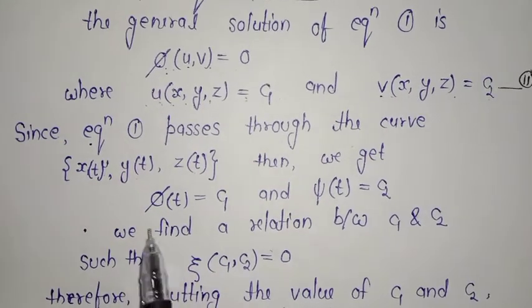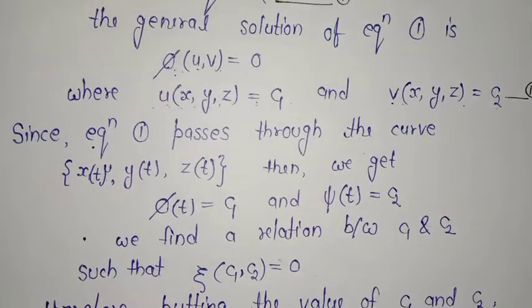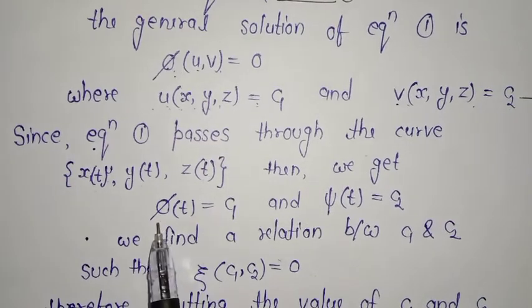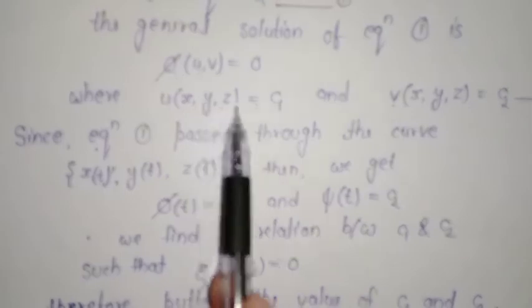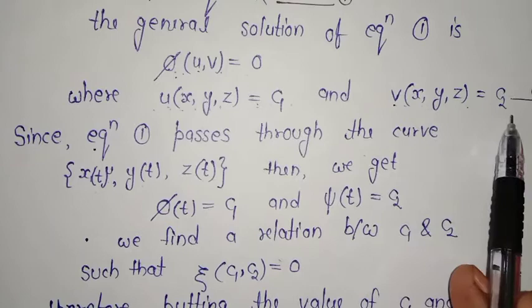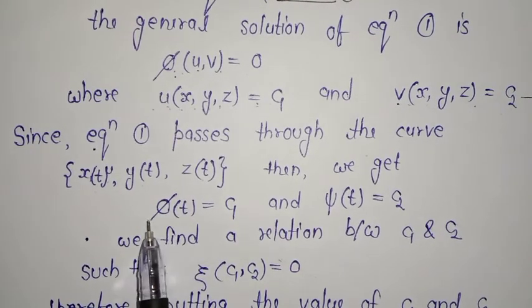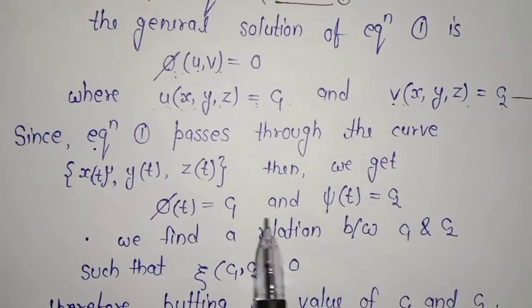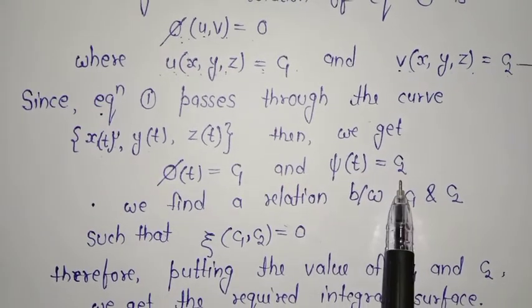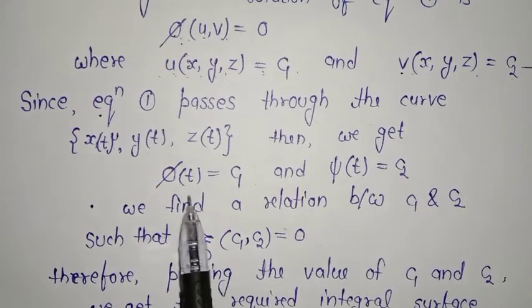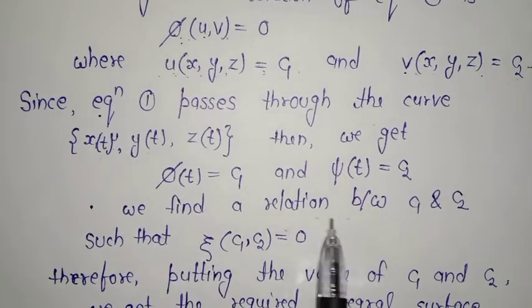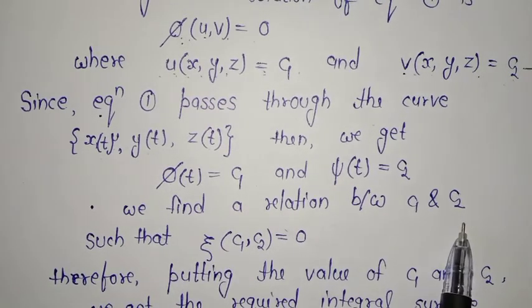So if we use the given curve in our solution, that is u of x, y, z equals c1 and v of x, y, z equals c2, we get two solutions which are functions of t. The first one is phi of t equals c1 and the second one is psi of t equals c2. Then by using these two equations we can find a relation between c1 and c2,